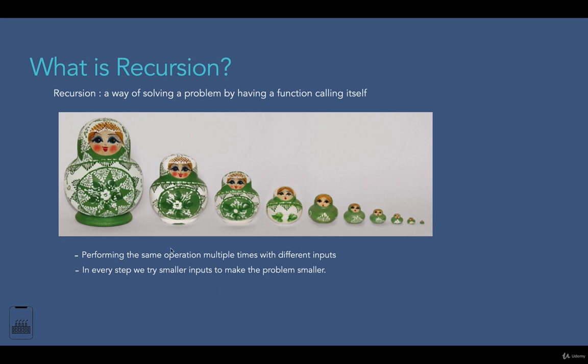And finally, the last property of recursion is that a base condition is needed to stop the recursion. Otherwise, an infinite loop will occur. Basically, the base condition is the condition after which we will not do any more recursion. We stop the recursion because we either have found the answer or the answer does not exist. In the case of Russian dolls, we open the first one, then the second one and the third one until we reach the smallest one that cannot be opened. So we have to specify that when we reach the smallest one that cannot be opened, we need to stop.